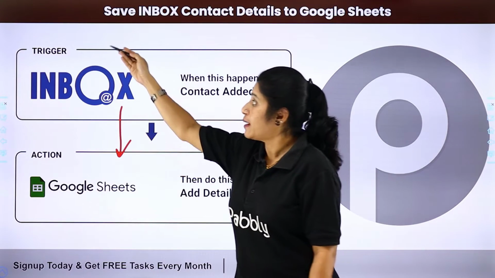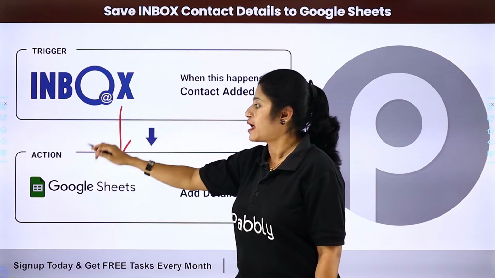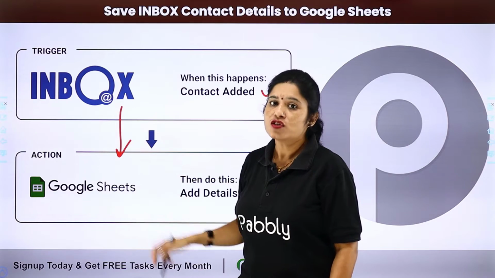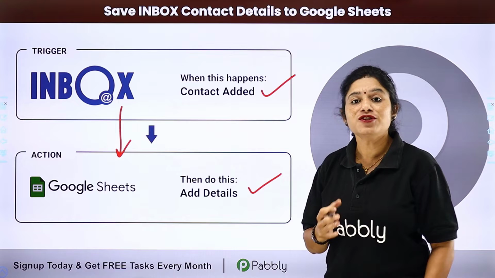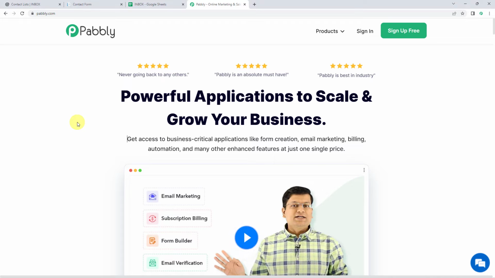So here your trigger application would be Inbox and your action application would be Google Sheets. So how can you integrate both these software applications using Pabbly Connect? For that, you need to come to my screen. To integrate Inbox with Google Sheets, first we need to log into